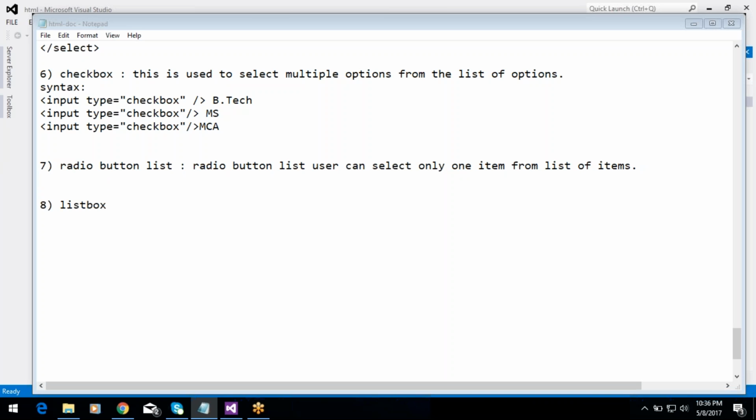Like we can use this radio buttons list in a scenario like gender. Okay, so in the gender field, you can select only one item, either male or female or other. Okay, so syntax: input type equal to radio, and name equal to gender,